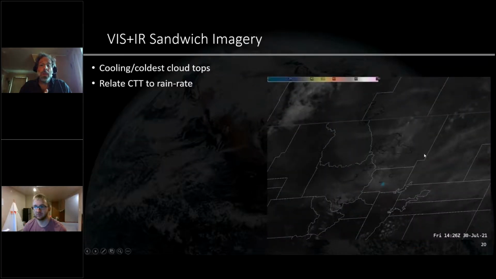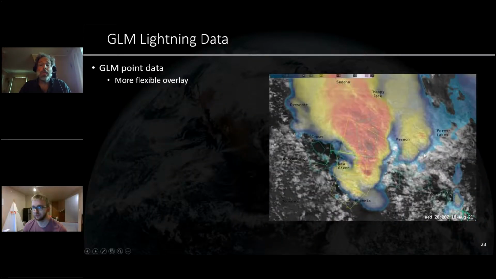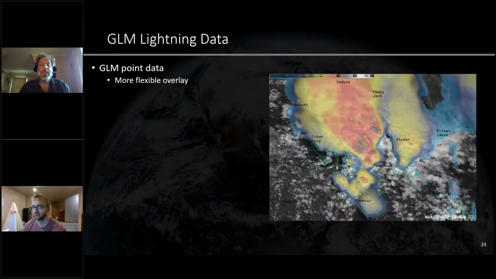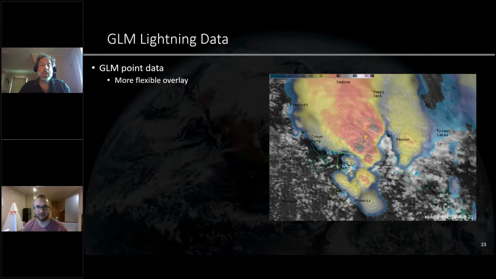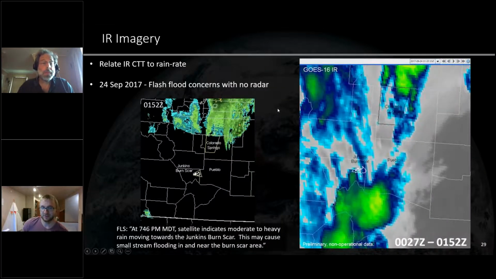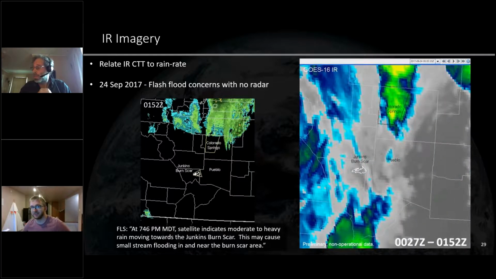Anthony Anderson, would your satellite analysis differ between a day driven by warm rain processes versus a more convective environment? We've seen burn scar flash flooding from both. Yeah, Tony, I hear what you're saying, and I do have, I think, a slide right here. This was one of those cases. It does really change your thinking,